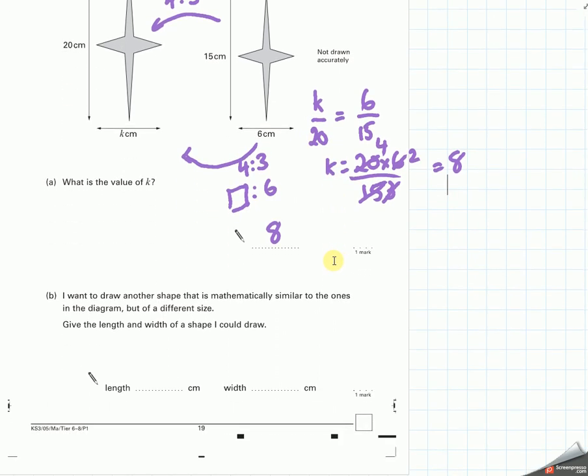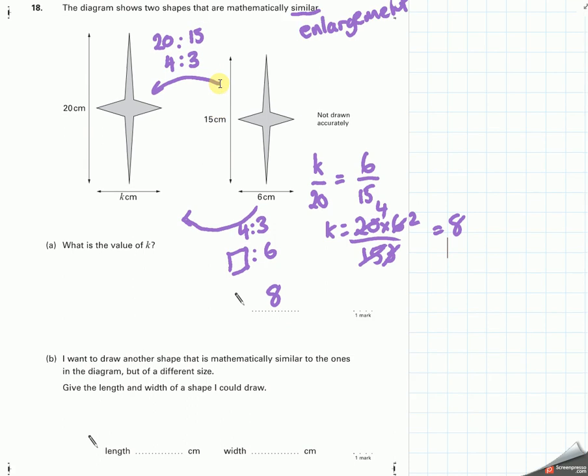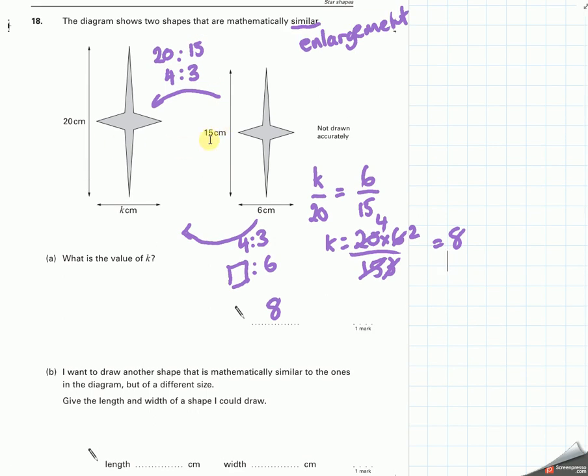I want to draw another shape that is mathematically similar to the ones in this diagram, but of different size. Give a length and a width of a shape I could draw. So it's got to be different. Effectively what you can do is choose any number here and multiply it by something else. So if I split this by 3 and multiply it by 5, so if I did a ratio 5 to 3,